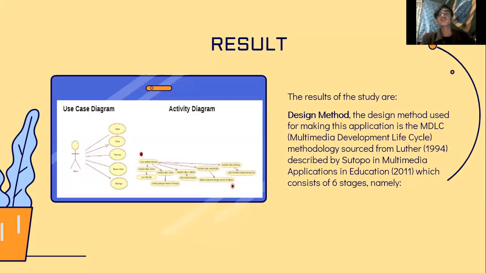Result. The results of the study are the design method. The design method used for making this application is the MDLC, Multimedia Development Life Cycle. The methodology comes from 1994, described by Sutopo in Multimedia Application in Education, 2011, and consists of 6 steps, namely